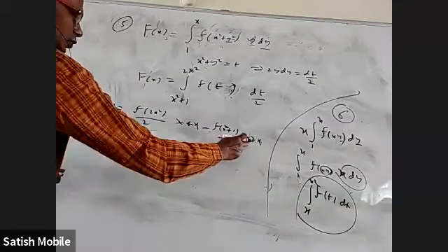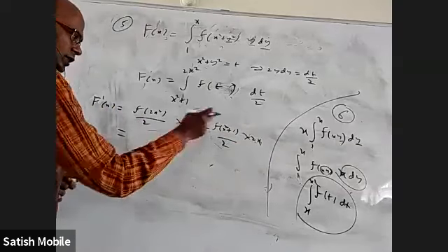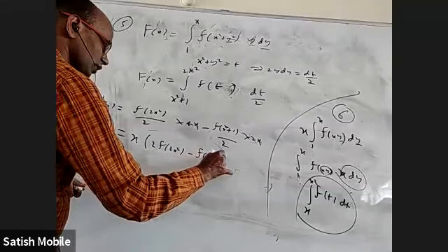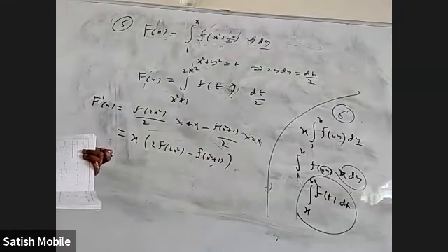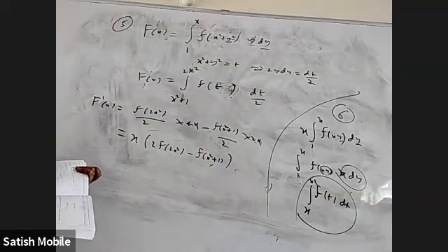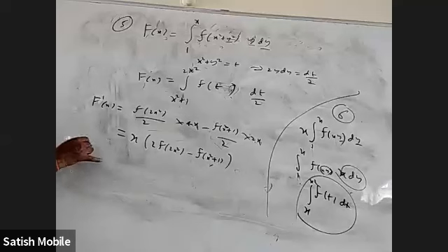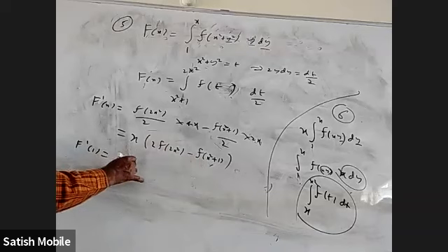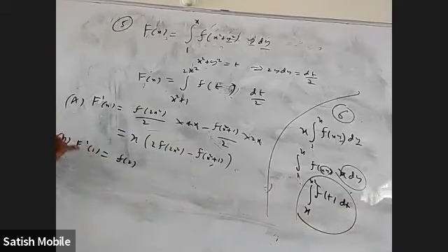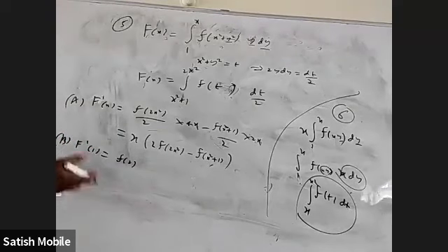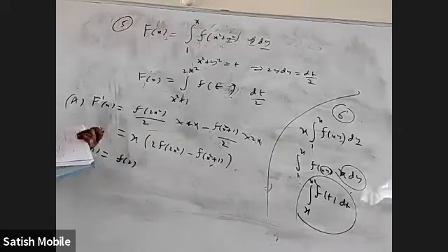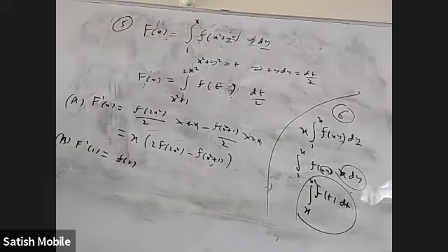Here 2 will cancel, here 2 will cancel, 1 by 2 is left. Here also 2x, there x, so I can take x common: 2f of 2x square minus f of x square plus 1. That is option A. Other options may be right, for that I have to check. If somebody wants F dash 1, and I put x equal to 1, this also 2, this also 2. 2f of 2 minus f of 2, so we are getting f of 2. So this option A we are getting, this option B we are getting. Option C is not right. And option D, F dash 1, also not right, because f of 2 I don't think it is 0. Okay, so only 2 options can be right. Okay, that is only some hint for the 6th question.